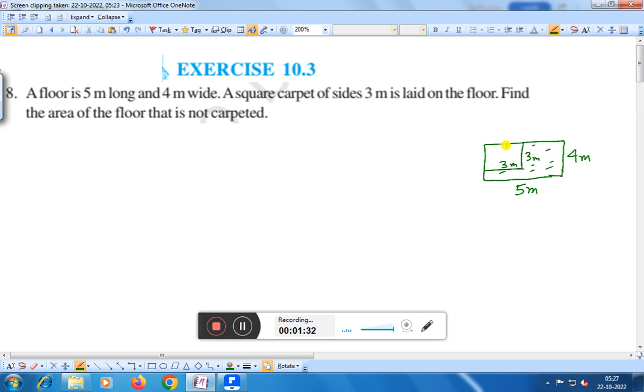That means you have to find the total area of A, B, C, D, and if you minus the area A, E, F, G, if you minus the covered area of A, E, F, G, then you will find the area that is not carpeted, right? Therefore, here you can do in this way,